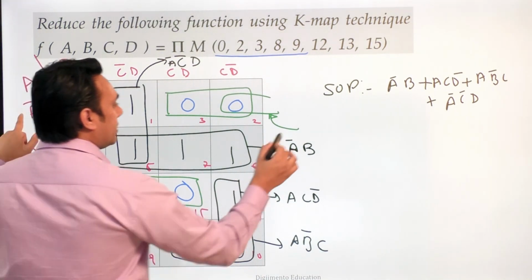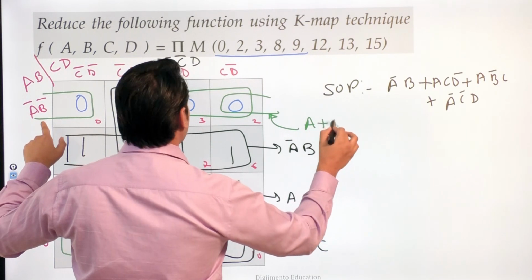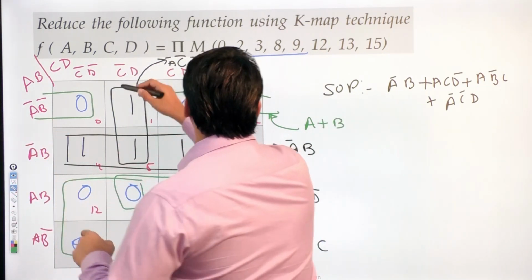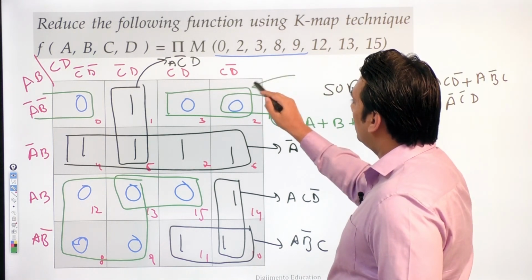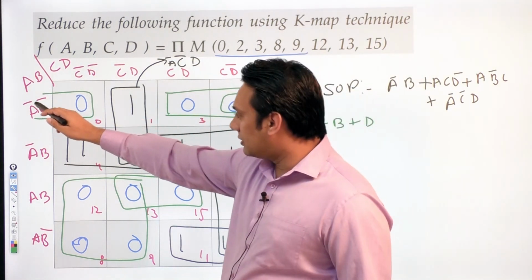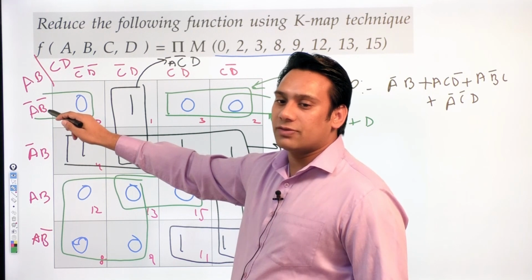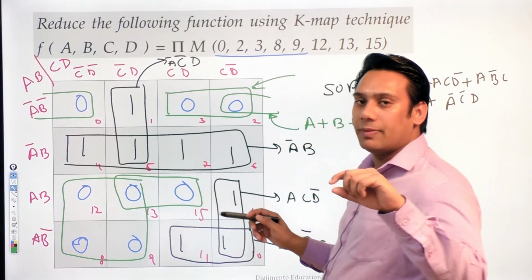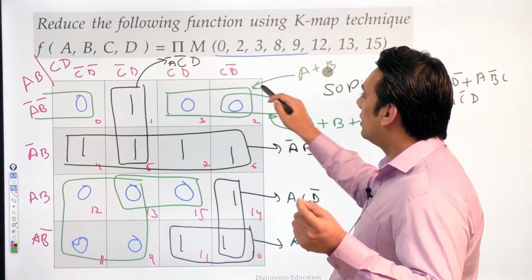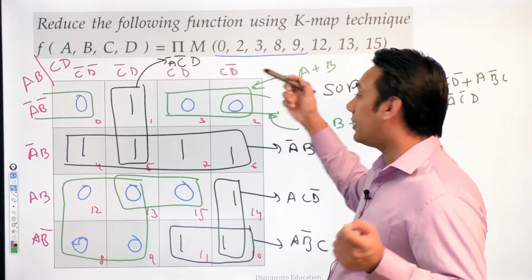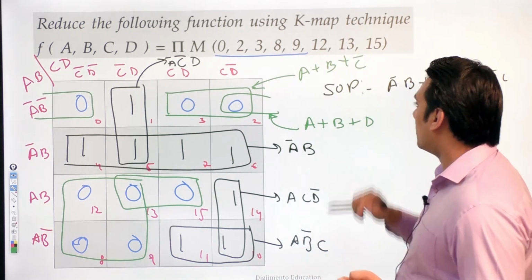तो ये क्या बनेगा आपके पास? This will become A plus B. And even D is not changing, so it is A plus B plus D. And what is this one? तो यहाँ पर क्या है? So this is A complement dot B complement. So this will be changed at A complement का A हो जाएगा. So this will be A plus B, and here C and C is there, right? So I can say C complementation.